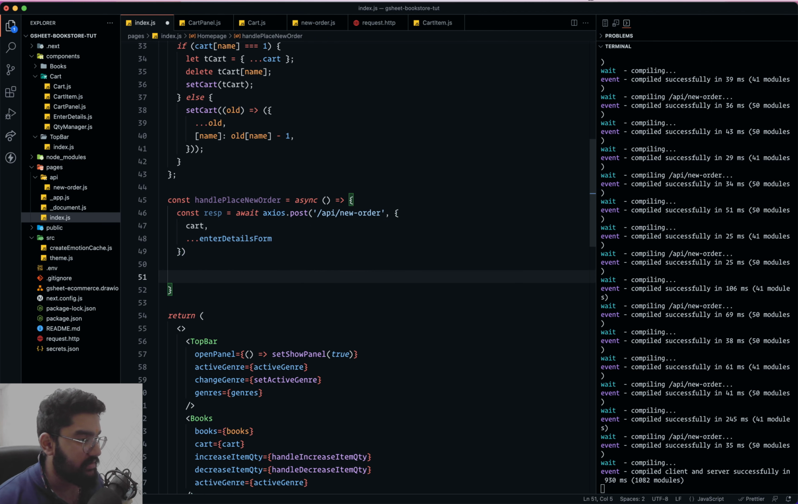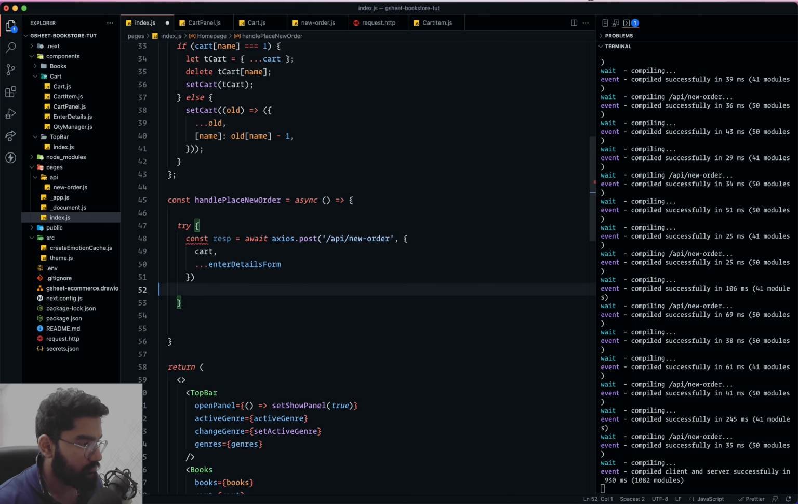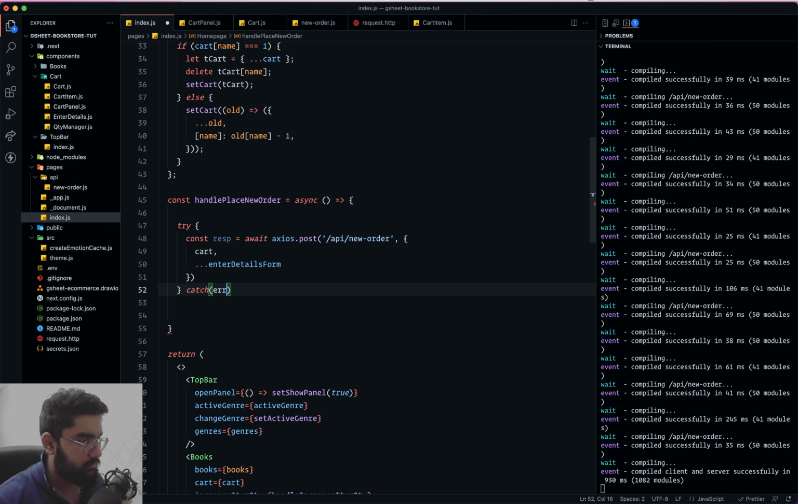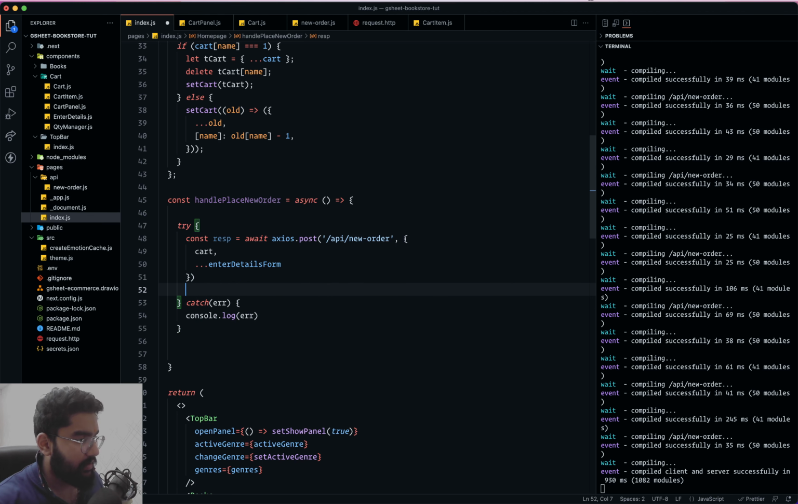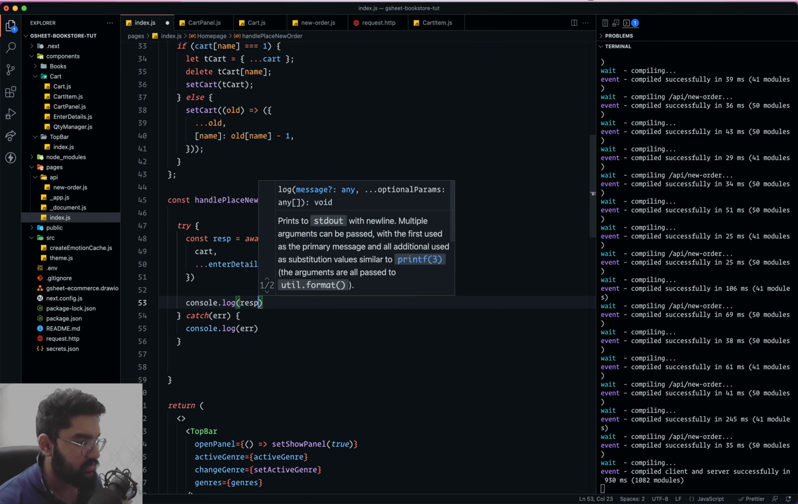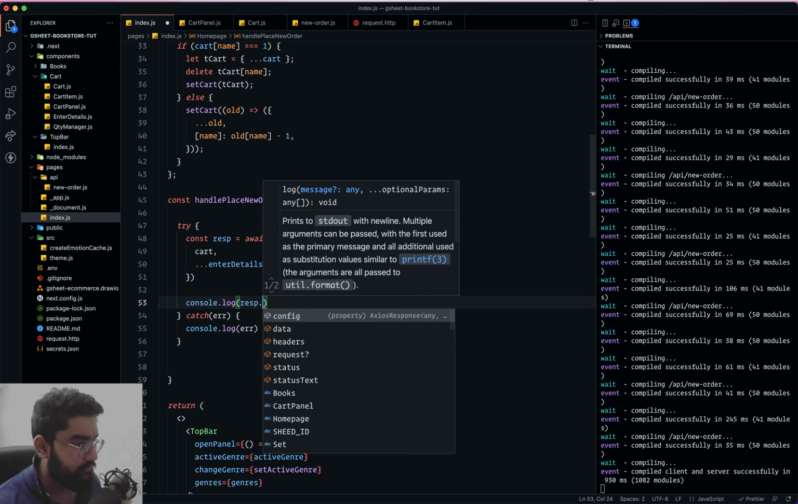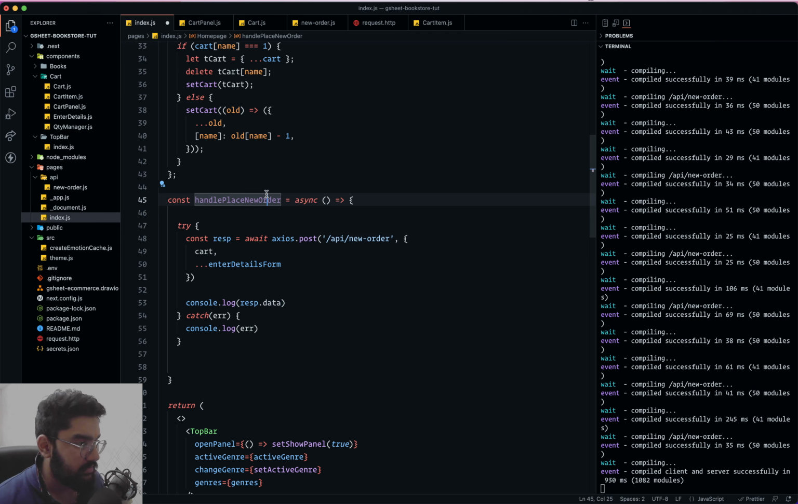And before we even do anything, let's actually wrap it up inside of try catch. I'm going to log it for the time being to the console. And now let's actually console.log the response that we have, within which we have the data. So let's see if we are getting back the same thing that we are sending,